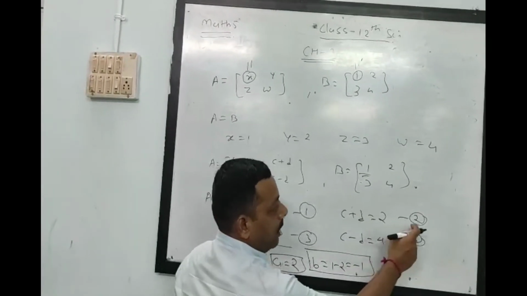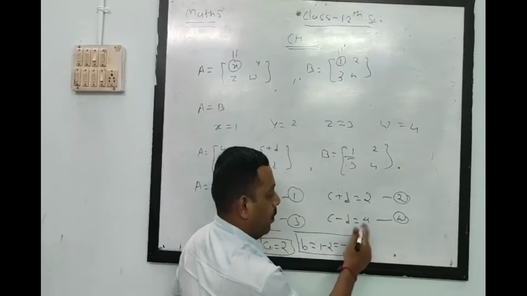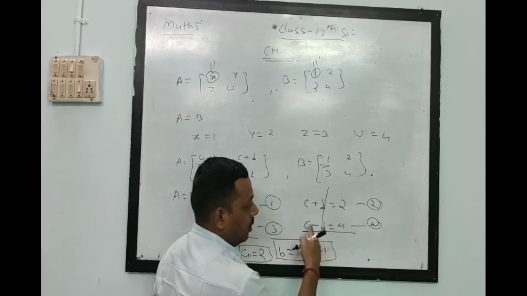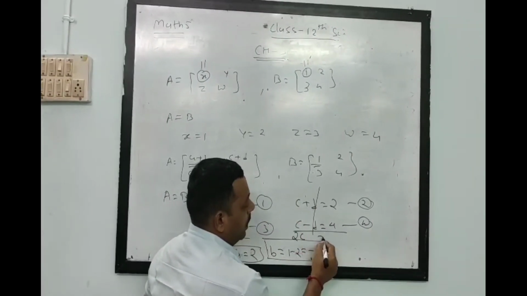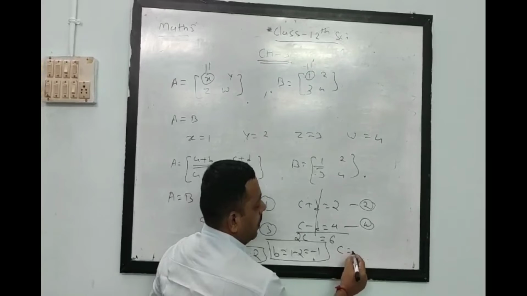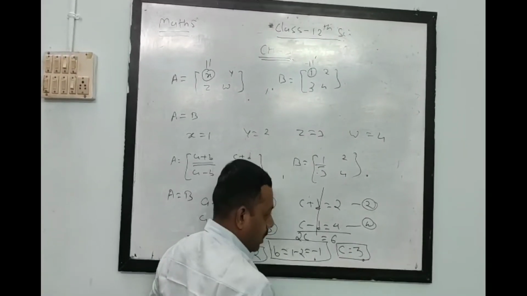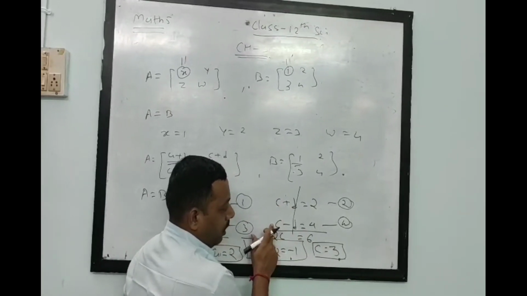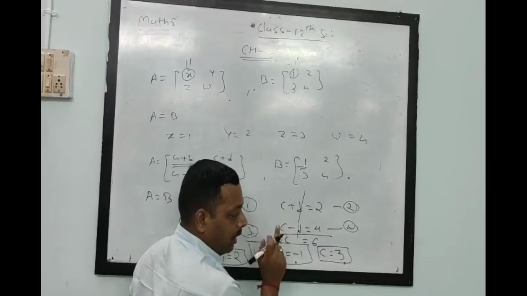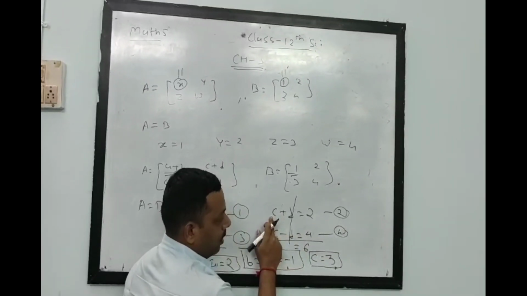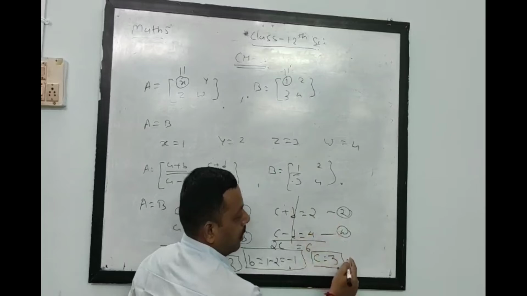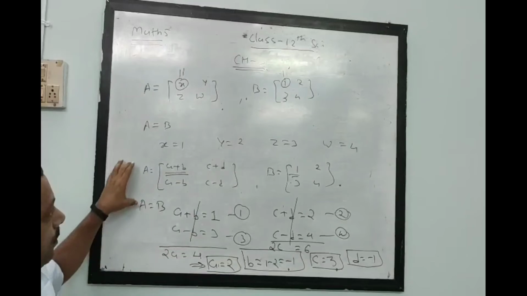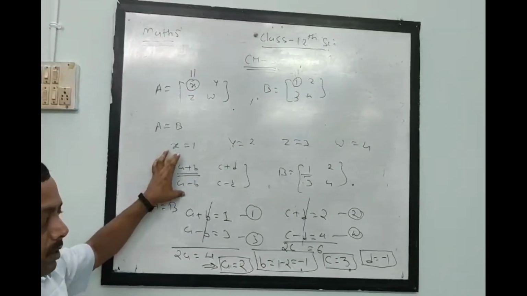Similarly, if we solve equation number 2 and equation number 4, then again D gets cancelled. If I add both equations, D gets cancelled. Then again 2C is equal to 6, and as a result C is equal to 6 by 2, that is 3. Now you can put C value 3 in equation number 2 or in equation number 4. You have to put it in only one equation. Suppose I will put 3 here, then 2 minus 3. So D is equal to minus 1. This way we can obtain the values of A, B, C, D from these equations.